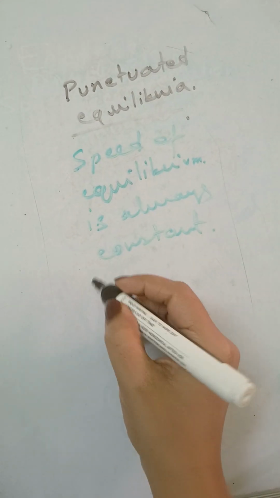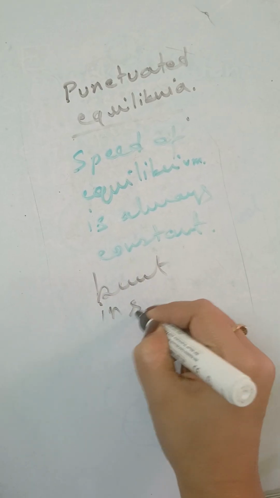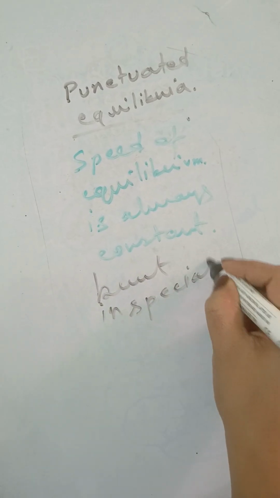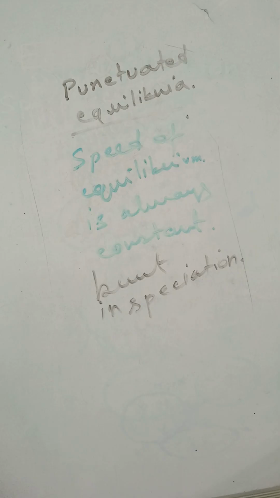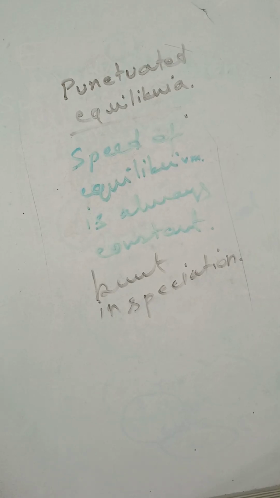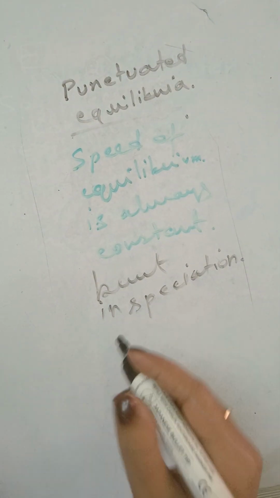Why? Because there are always environmental changes which will give a burst in speciation. Due to this speciation burst, driven by different environmental factors and changes, punctuated equilibria occurs. It means there is no constant rate of speed of the equilibrium in a population of microbes. And this term was coined by two eminent scientists,